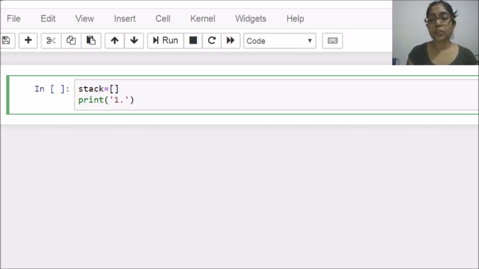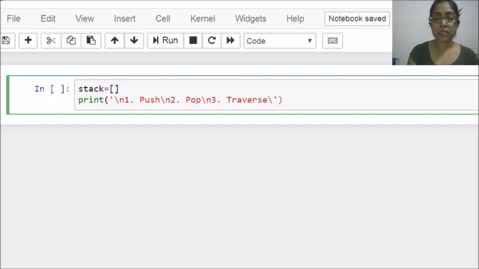First choice which I want to give to the user is push an element, and second choice is pop an element, then third choice is traverse through all the elements, and last I am taking exit,